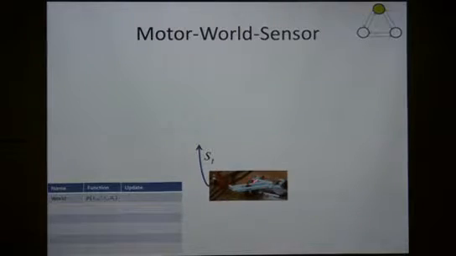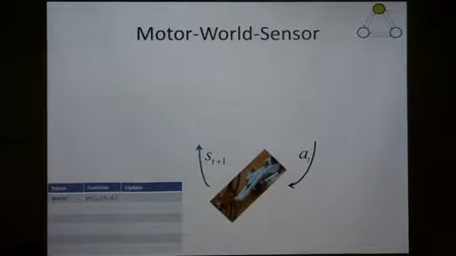So the robot has a sensor state. Here S is the state, and it's all the sensor information it has from all the sensors. For example, the angle of the motor is part of the sensor information, and the information from the camera is part of the sensor information. So it has a state. However, it can also act because it has a motor, so it can move the arm. And then the state changes. Okay? It can interact with the object, and it sees different things.